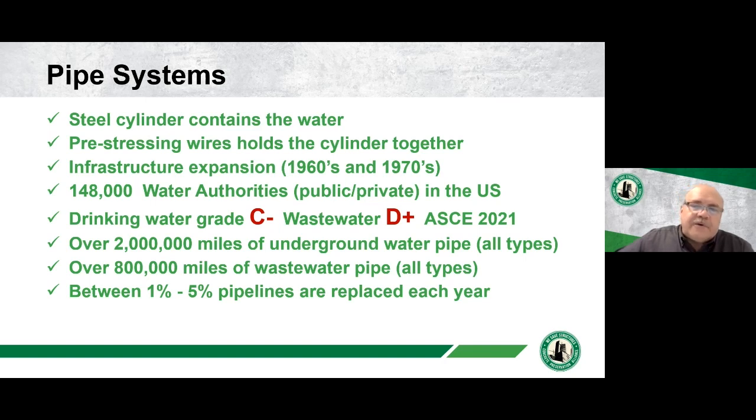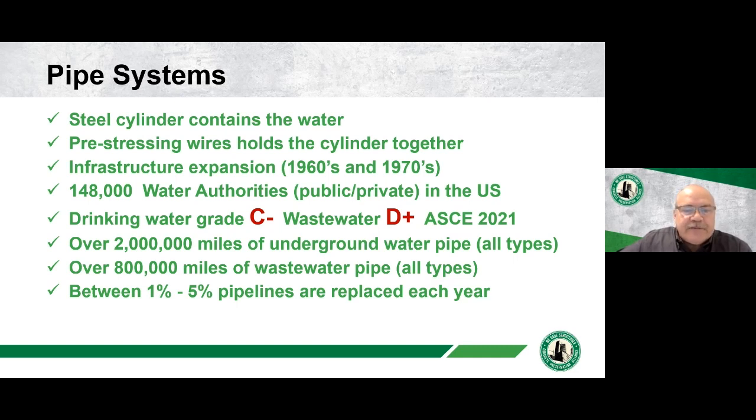Our infrastructure, though, is 40, 50, 60 years old in some instances. A lot of development happened back in the 50s, kind of like the interstate system. I found a fact that says there's almost 150,000 public and private water authorities in the U.S. Now, the ASCE, American Society of Civil Engineers, grades all of our infrastructure, and a C- and a D+ isn't